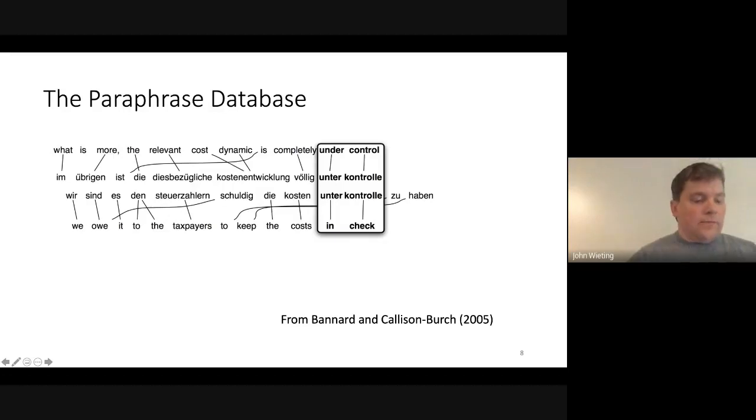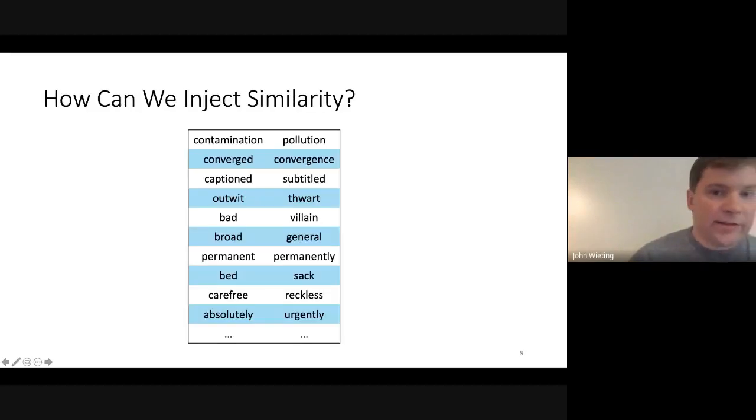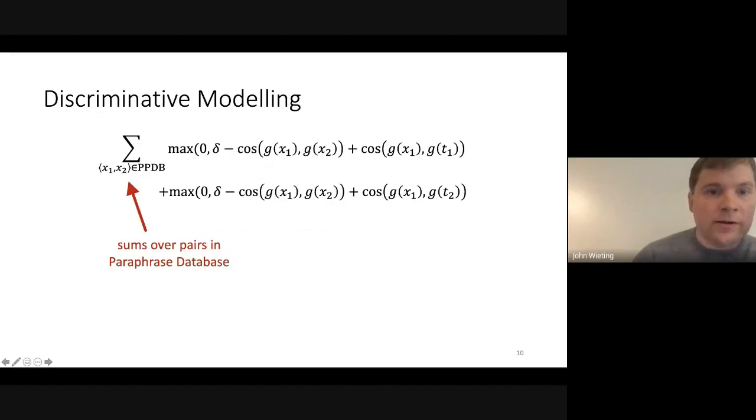So as a simple start, we just used paraphrase data from the Paraphrase Database, which is a very strong resource, essentially created by pivoting over bilingual text. You find English phrases that are different that are mapping to the same underlying foreign phrase. And that's how you can extract these paraphrase snippets automatically. Here are some examples for the word case. It's a little noisy, but we made it the focal point of ours because it has strong coverage compared to something like WordNet.